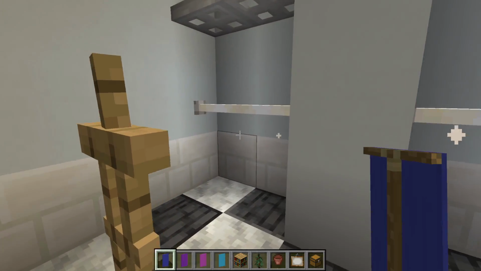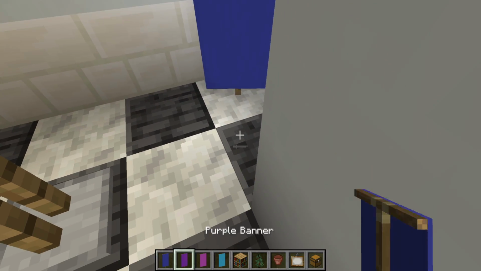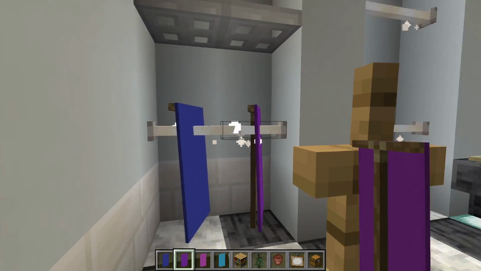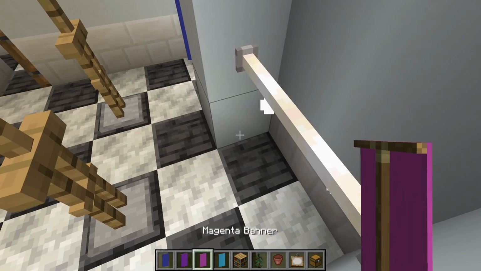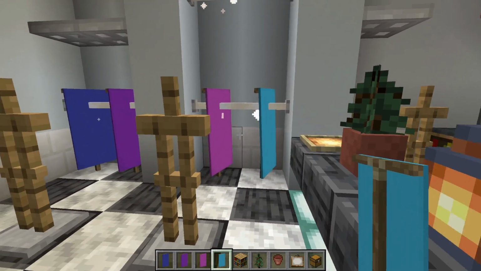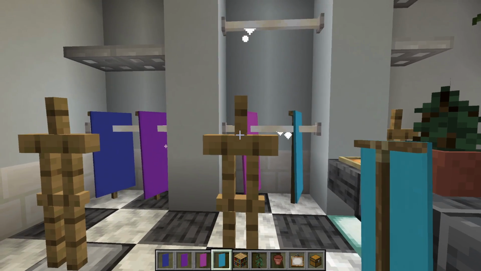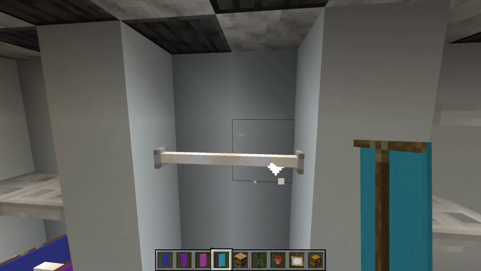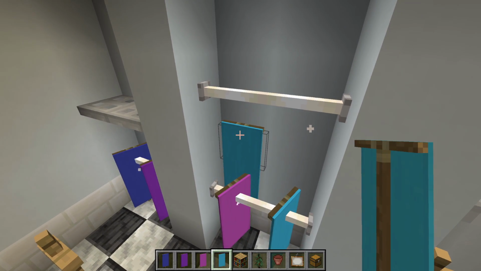So the way that these end rods work is very simple. If you stack banners underneath them placed sideways, they look like racks with clothes hanging down from them. And of course you can place any colour of banner that you like. You can even use pattern banners to make them look a little bit more elaborate if you like, but the downside is that we can't really do this on the upper set of